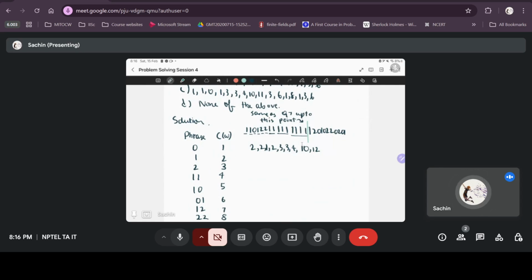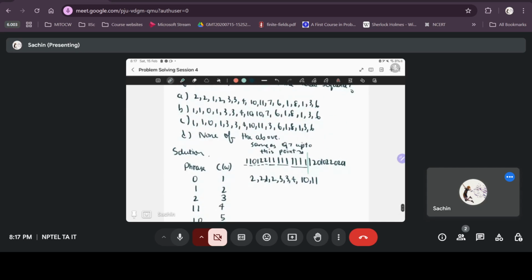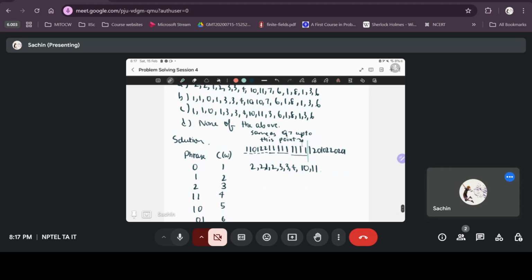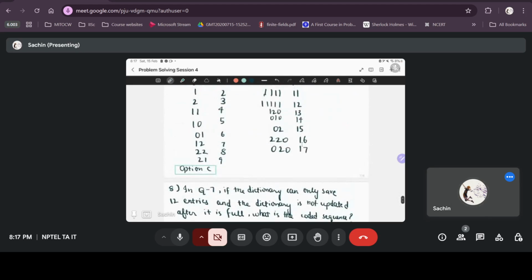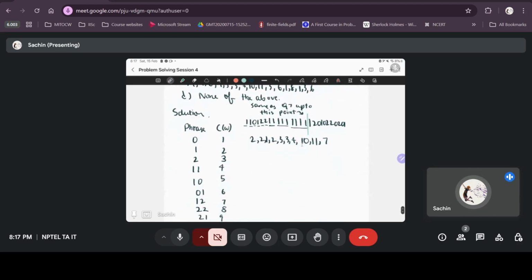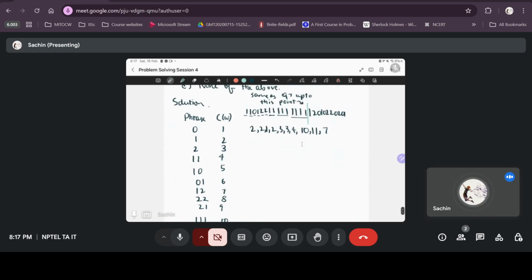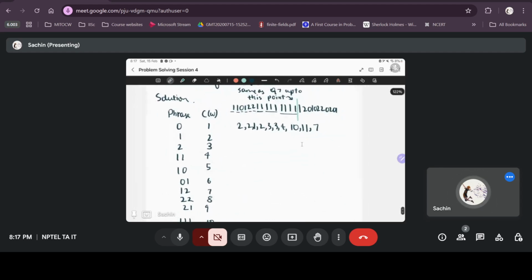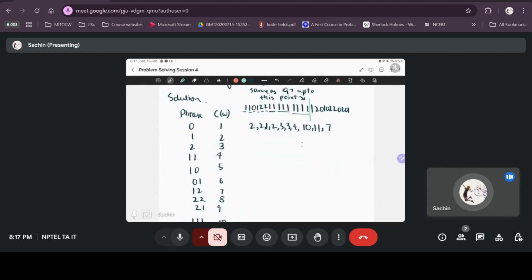So again you encode 1 2 as code word number 7. Now if you had more dictionary space you could have added 1 2 0 as your code word number 13. But since you don't have dictionary space and you don't update the dictionary anymore, that's it. This is your dictionary. So you encode 1 2 as 7 and 0 1 as 6,